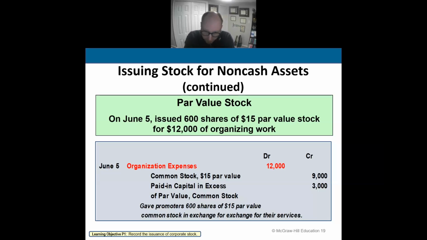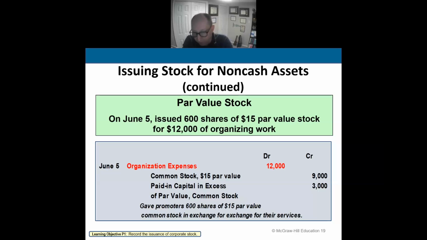A great idea, brilliant. It saves the company from having to pay out cash. So I'll give you some shares of stock instead. Brilliant, brilliant thought. So what he did is he amassed $12,000 worth of organizational expenses from the attorneys, from the accountants, from everyone else, from the promoters, and so he debits organization expense 12,000 to recognize the expense. And instead of paying for that in cash, he paid those individuals using shares of stock